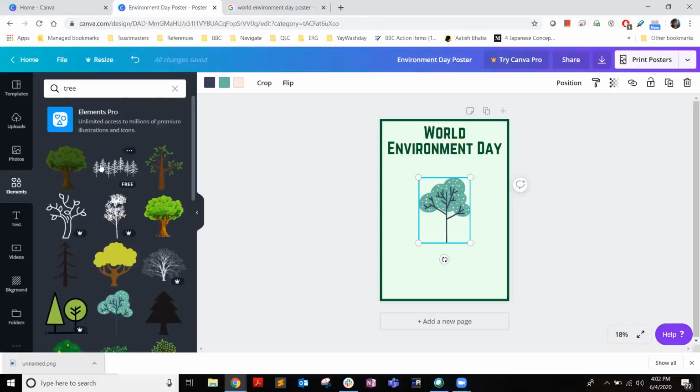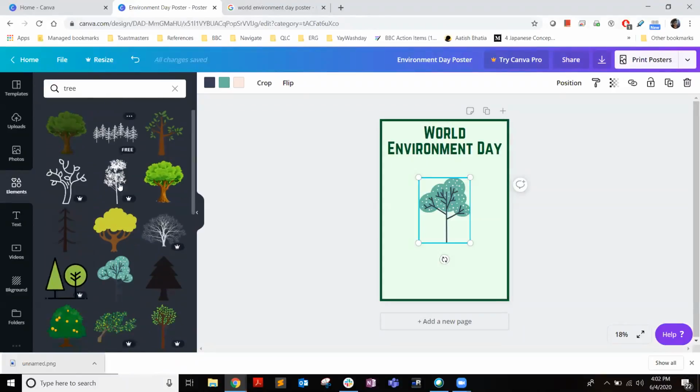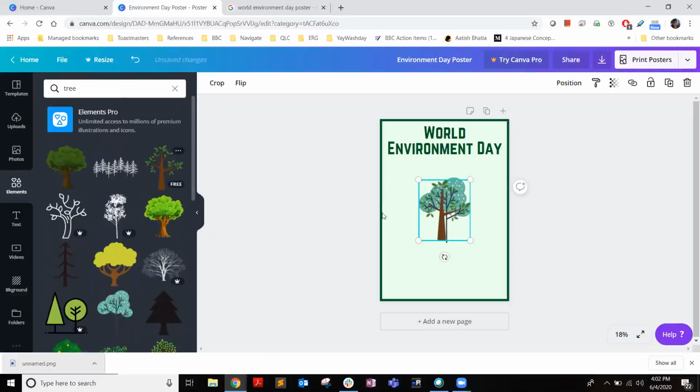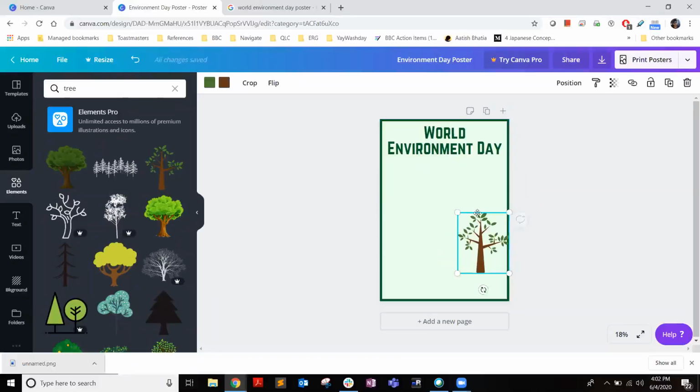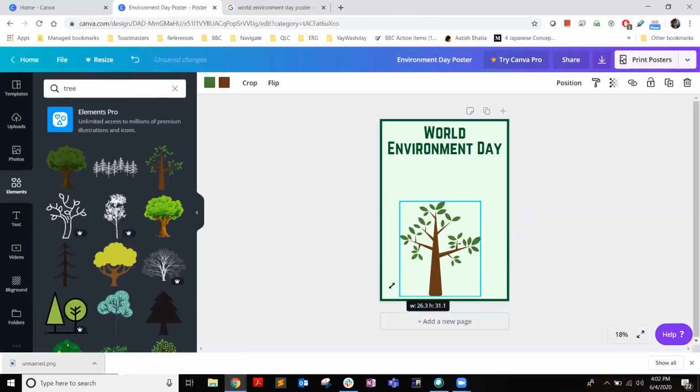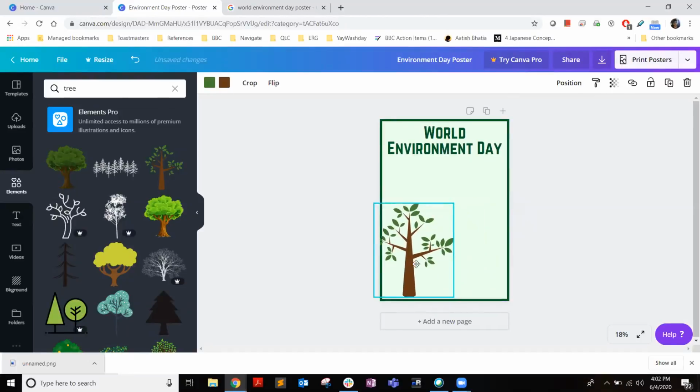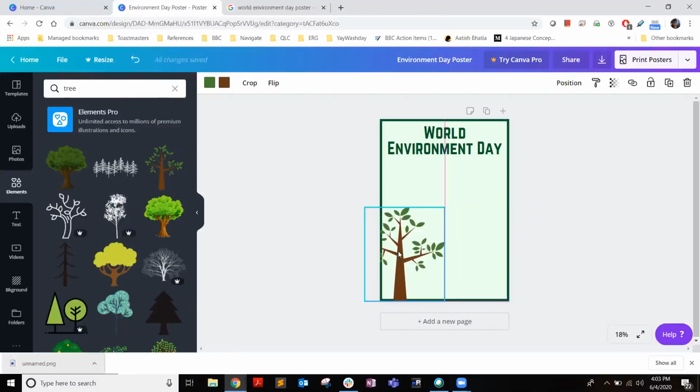So when it's your turn to do, choose any kind of tree which you like. I think this or maybe this, whatever suits best will be used. I'm going to use this. I like this more. So what I did is I added this, I clicked on this and I did not want it, so I pressed delete. So that's deleted. This is the tree I wanted. I placed it here. Then I increased the size, just like the text. And I'll place it, say, here, like this. It is okay if it is going outside. No problem.